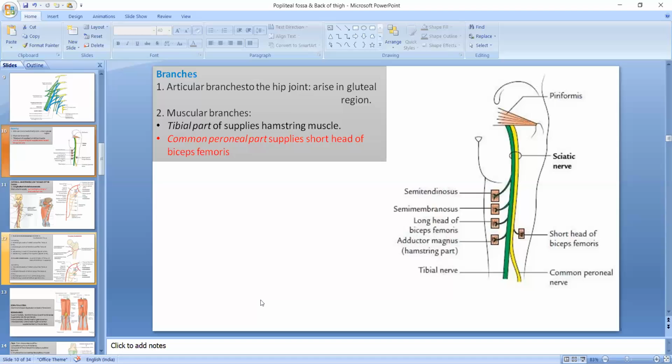So, piriformis syndrome's treatment can be divided into non-operative and operative procedures. Non-operative will be analgesia, physiotherapy, and corticosteroid injection. And operative means piriformis muscle release also. So these are some clinical conditions and the clinical significance of the sciatic nerve regarding the intramuscular injection and the piriformis muscle syndrome also.